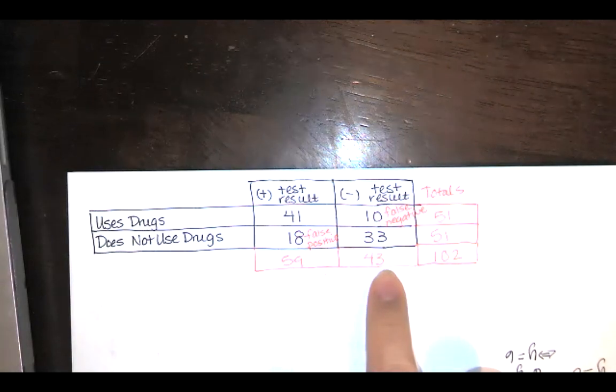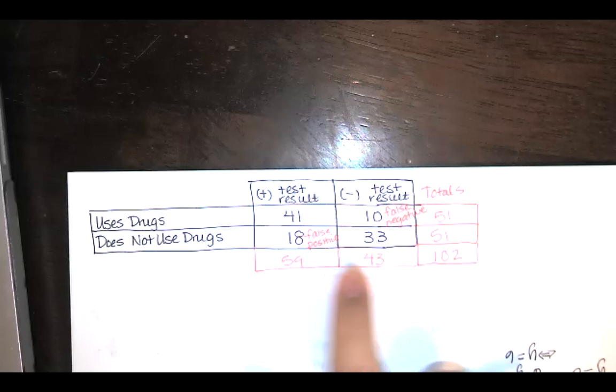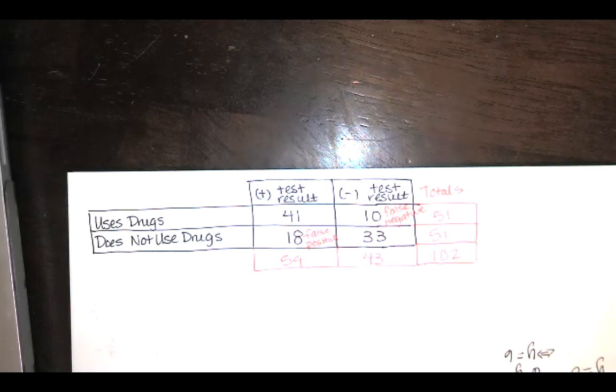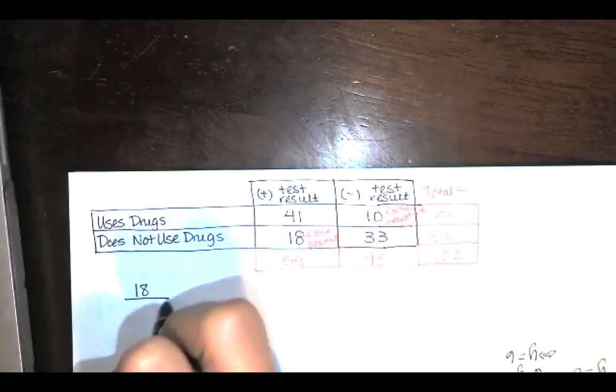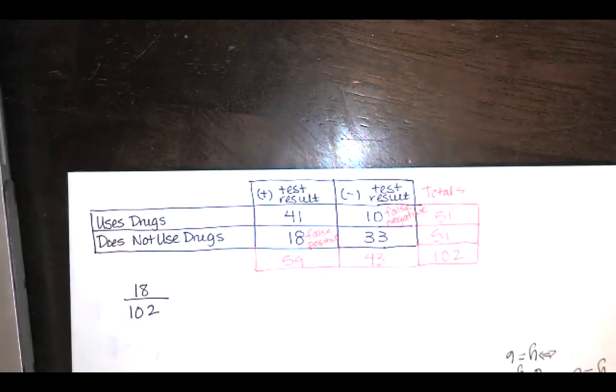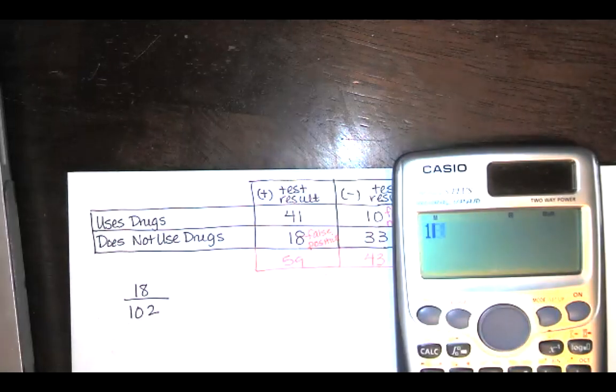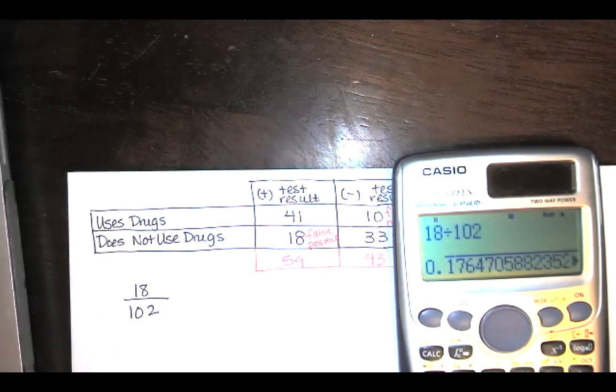So how many tests did we have? That's just 59 plus 43, which better be 102. And it is, so we know we did this correctly. So if I want the probability of getting a false positive, it's 18 out of the total. There are 18 false positives, and there were 102 people that were tested, or 102 tests that were given. So we're going to take that 18 and divide by 102. I'll use my calculator here. And I get